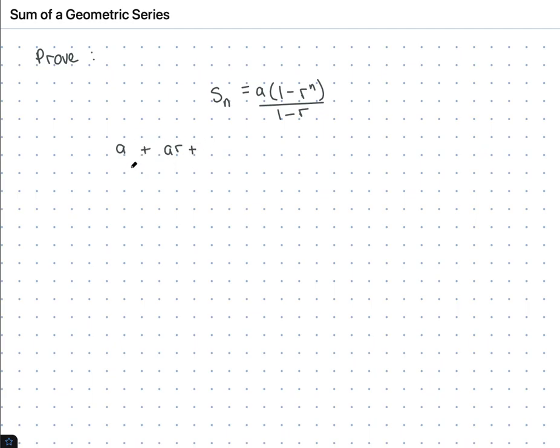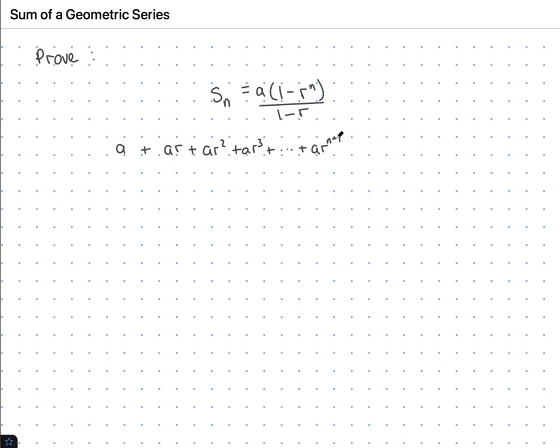The next one, each time you're multiplying it by r, so it's going to be ar squared, then the next one will be ar cubed, and that pattern will continue until I get up to the end. Now the end is going to be a times r to the power of n